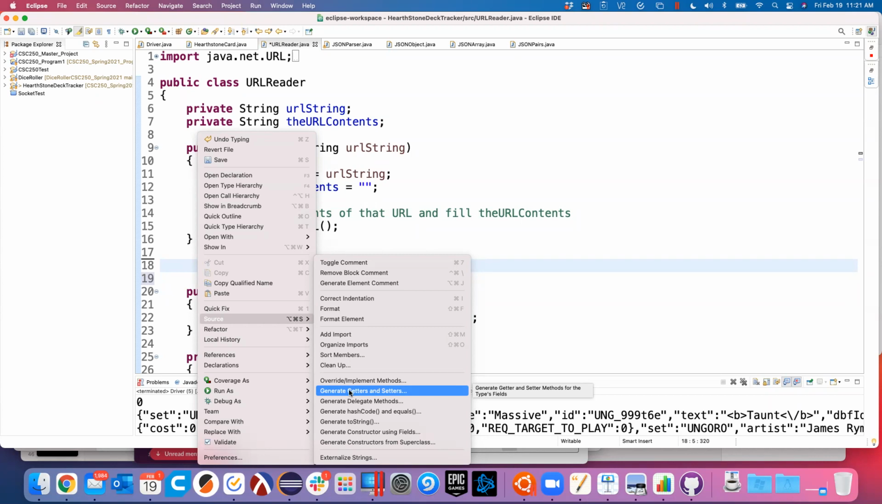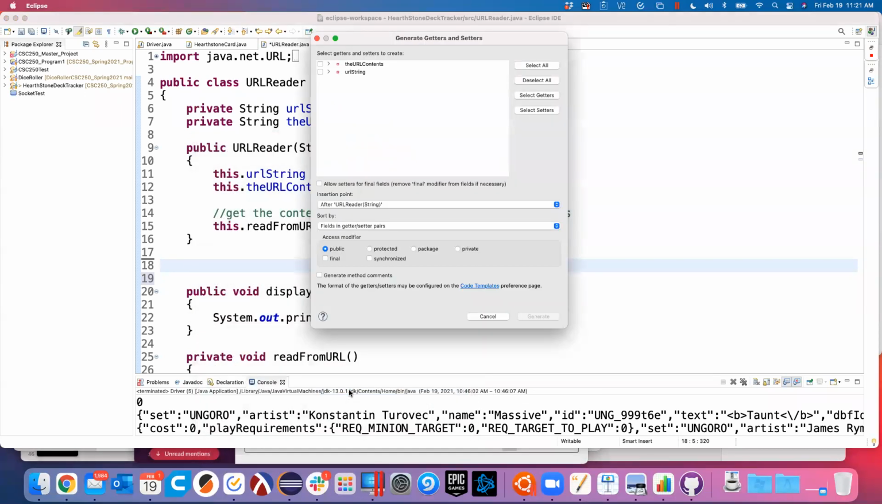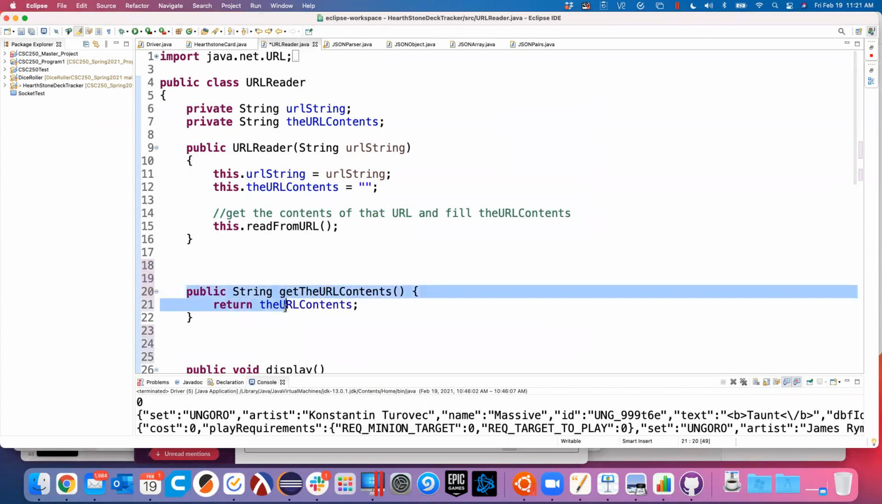So once you're used to writing these things, once you appreciate that they're not difficult to write, it can be a little tedious. For something like this, you can go to generate getters and setters. It'll show you your two fields here. For us, if you hit the drop down, I want to give myself read-only access to the URL contents. So I'll hit the checkbox next to get the URL contents. Go ahead and hit generate, and it puts that function in there for you,